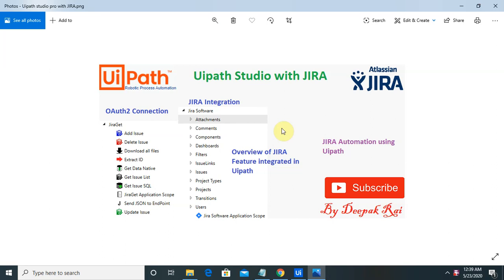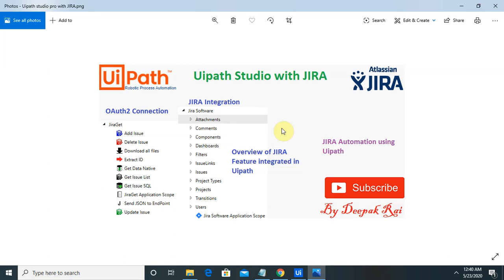As you can see from the newsletter and webinars, UiPath has introduced many additional features in terms of test case management, creation, and defect reporting. Jira is one of the tools used for defect management and test case management.